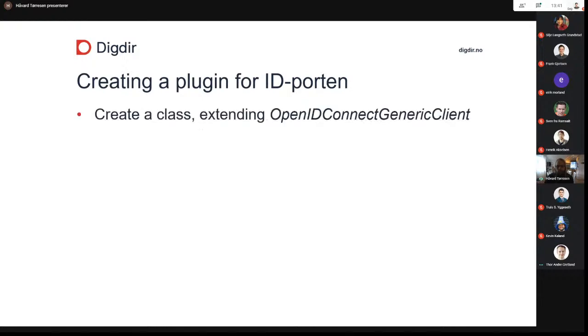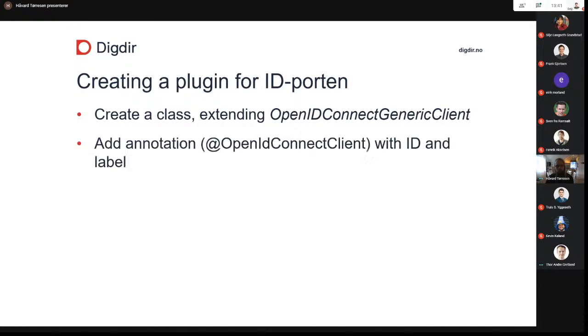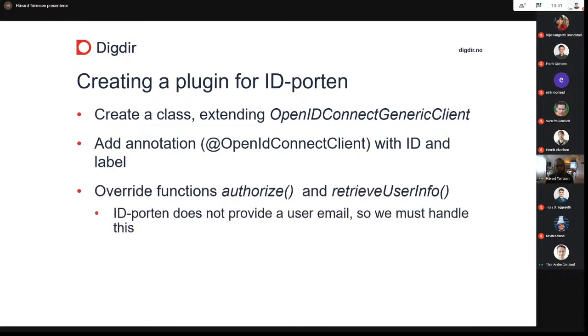You'll start with creating a class for the plugin, extending the generic plugin that is already provided with the module. Add some annotation to let Drupal be able to find the plugin. And then you need to override a couple of functions,